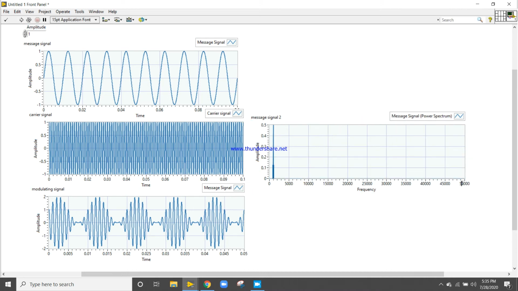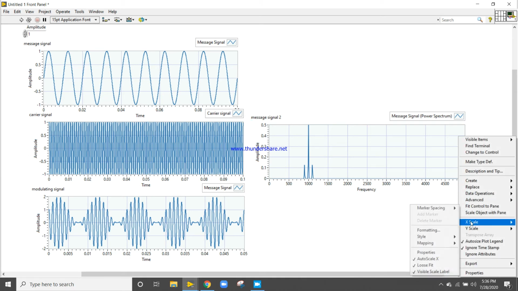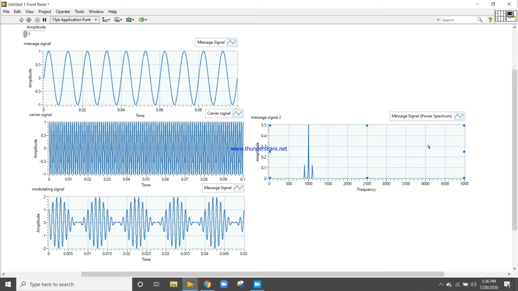When I reduce the size to 5000, the maximum frequency is 1000, which is based on the carrier signal. Okay, 1000 is based on the carrier signal. I am going to close the X scale.